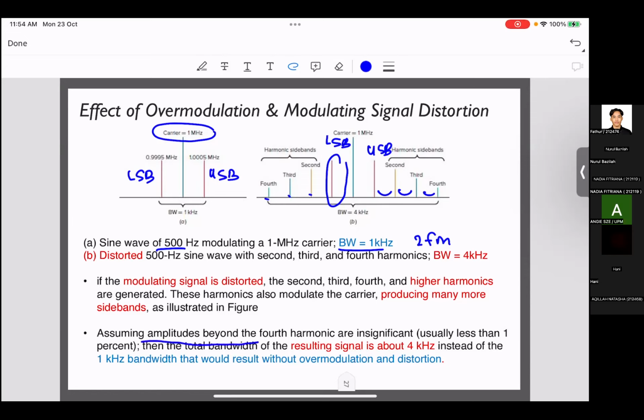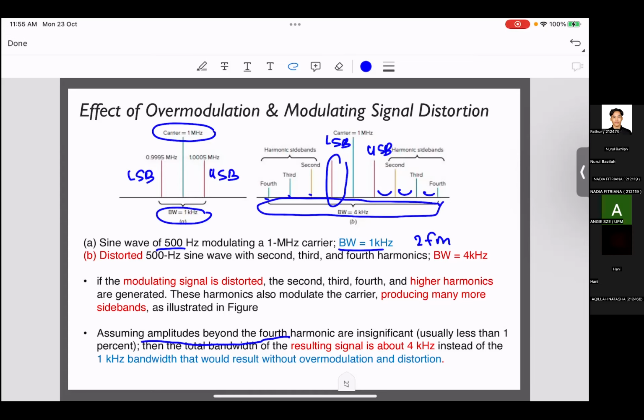So assuming amplitudes beyond the fourth harmonic are insignificant, usually less than 1% of the VC, then the total bandwidth of the resulting signal is about 4 kilohertz instead of 1 kilohertz. That would result without over-modulation and distortion. So what does this sentence mean? Without distortion in my modulating signal, I would get a bandwidth of 1 kilohertz. But when I have a distorted modulating signal, my total bandwidth of operation is now 4 times greater due to